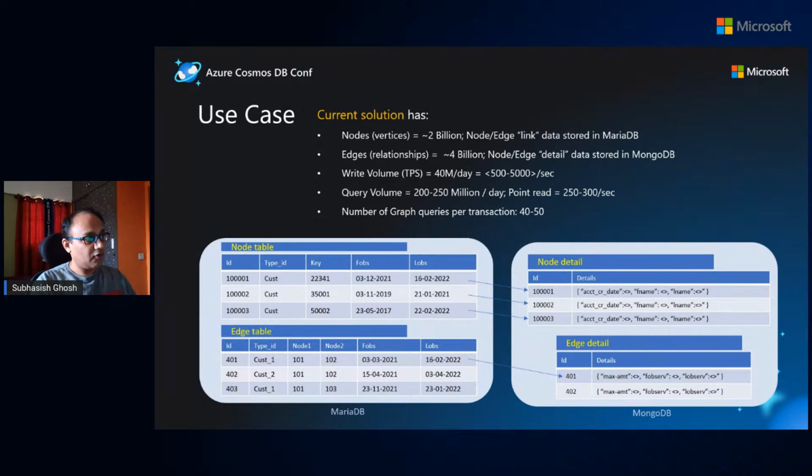And just for folks who are interested in total DB sizes, we are talking about 6 billion database objects here, 2 plus 4. The 2 billion nodes were around 0.5 KB each, and 2 billion, that's like 1 followed by 9 zeros, is around 1 TB. And the edges being 1 KB per edge object, that's around 4 or 5 TB. So give or take 4.5 or 5 TB of data you're talking about.